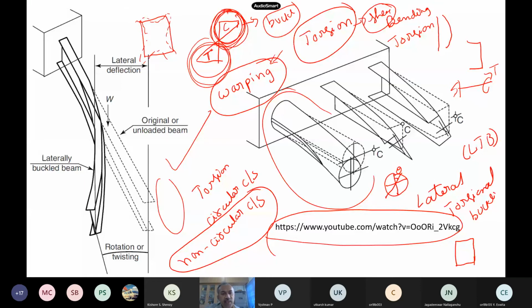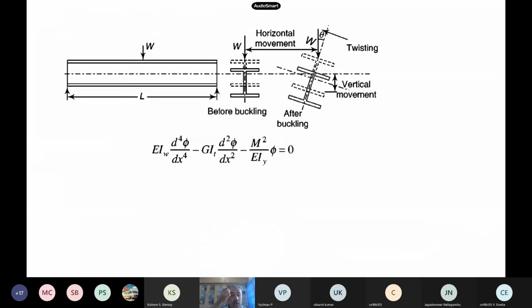And unfortunately, in the steel tables, whatever cross sections we have, I section, all of them are non-circular, angles, channels and others. So when you are having these steel sections, warping also has to be considered in our calculations. Okay, it's also a very, very important thing in torsion. In mechanics of materials, you will not study warping. You will study only the shear and the ordinary, simple torsion formula. But you have to add warping also into our calculation. The warping rigidity, shear rigidity, torsional rigidity, all those things come into picture. Okay, so this is what happens.